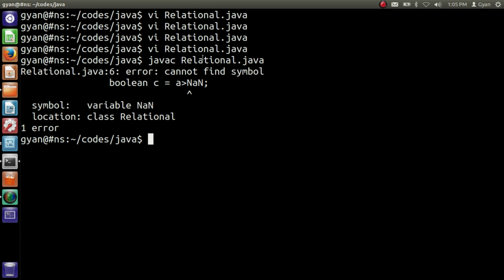Compiler says cannot find the symbol NaN. You know that when we do an operation 0.0 divided by 0, then the division operator returns NaN, meaning not a number. But the word NaN is not something itself in the compiler. So if you use the word NaN, the compiler thinks that you are using a variable which you forgot to declare. So right here